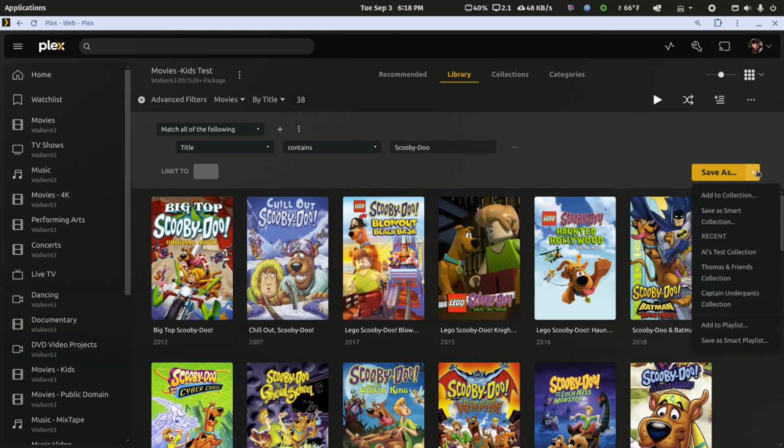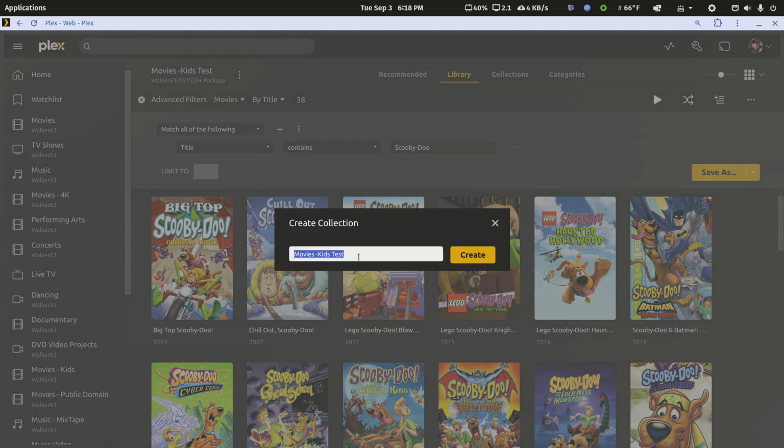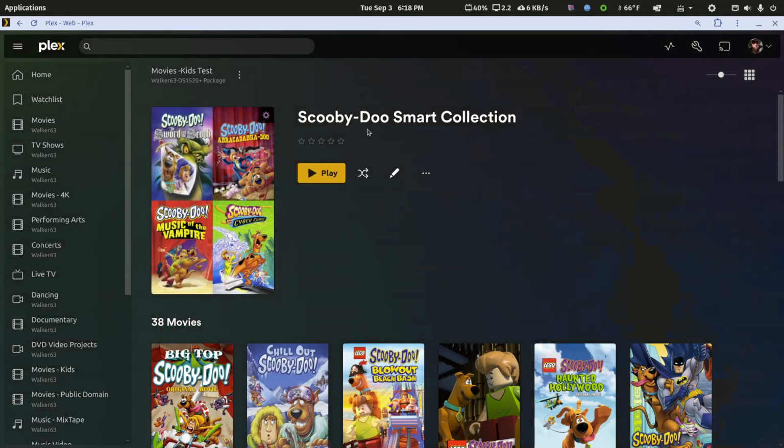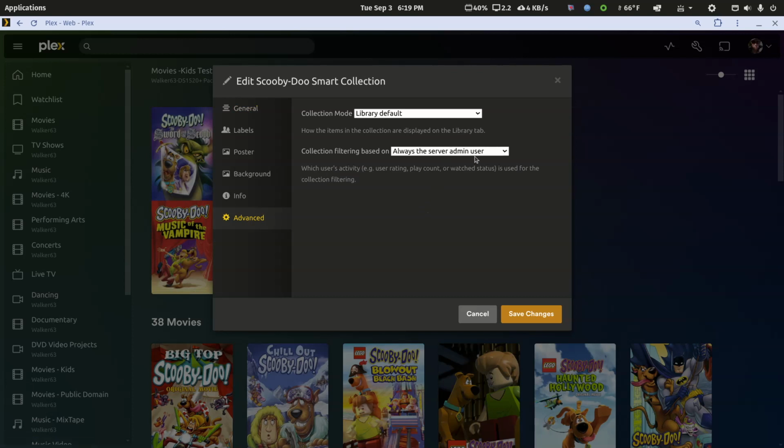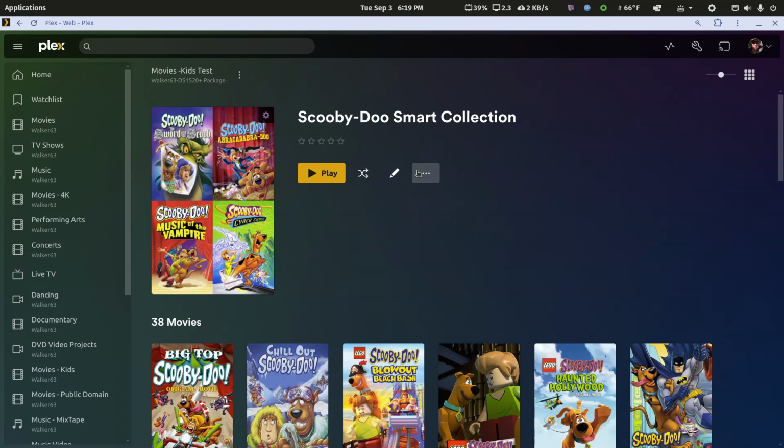So now if I click the little down arrow and choose Save Smart Collection, I'll name that Scooby-Doo Smart. So now I can edit this, and I can choose Advanced, and now I can, let's see, I think there's a way to rearrange these. Oh, I'm sorry, I missed that. If I go to the 3 dots and choose Edit Filters,